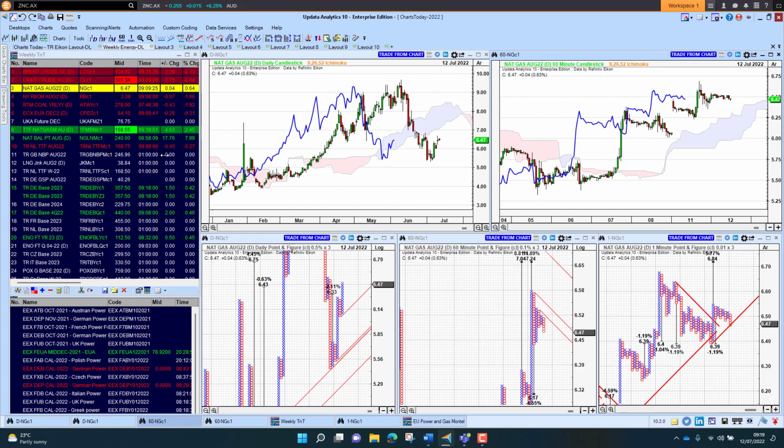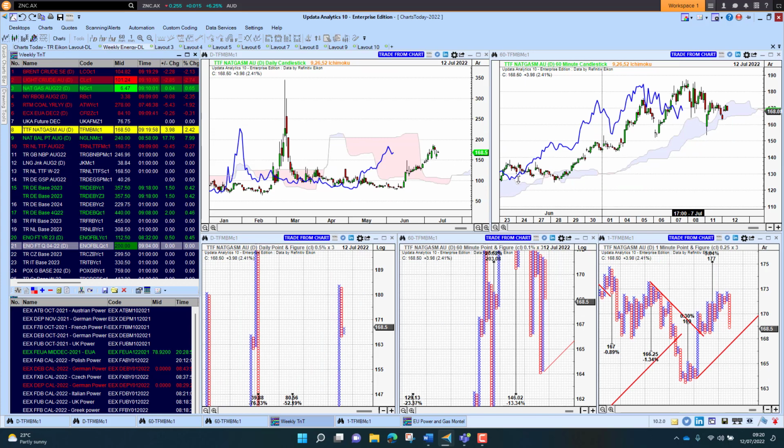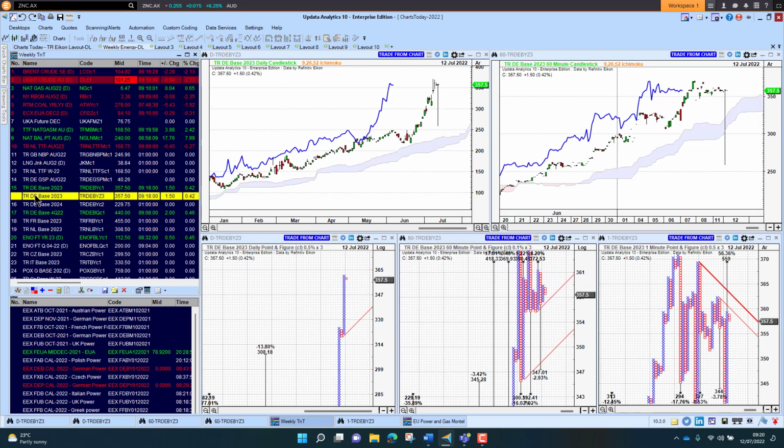And if we look at NBP and TTF, up this morning, so we are just seeing gas prices recovering. TTF still in a bull trend there on the short-term chart. 177 is the target on the 1 minute chart. Watch those targets on your OTC charts, of course. Looking at German power, nothing stopping German power, just pushing higher all the time.